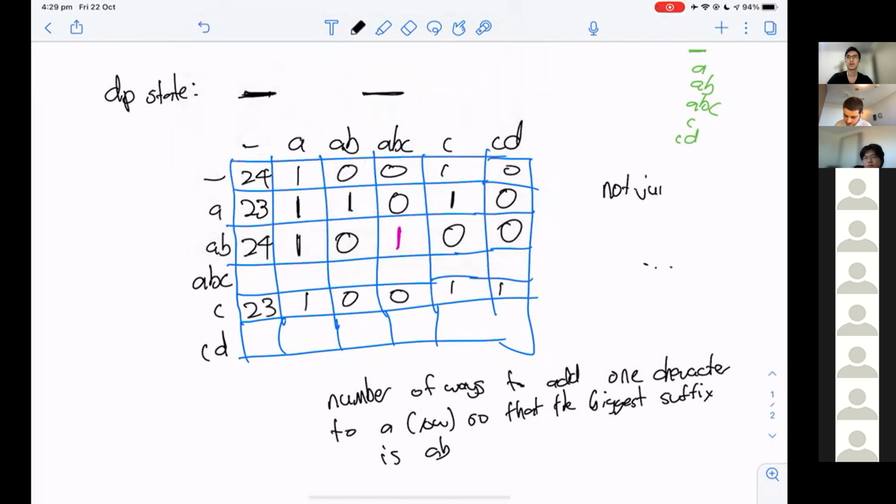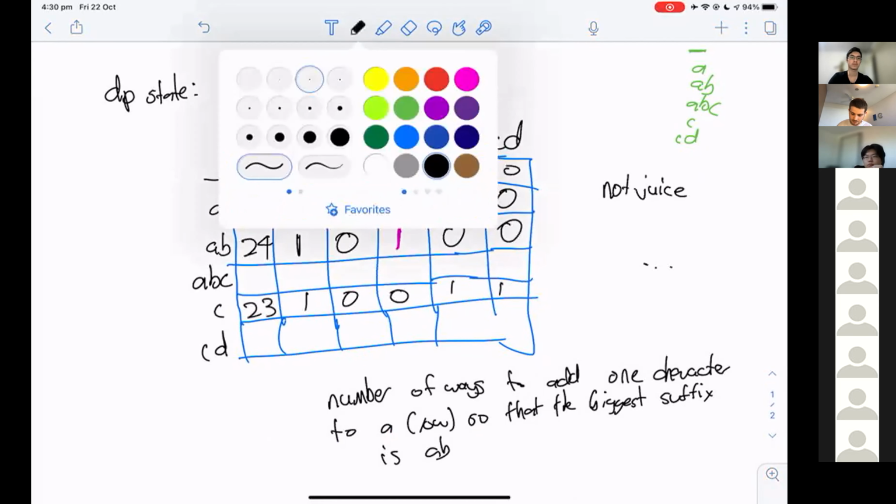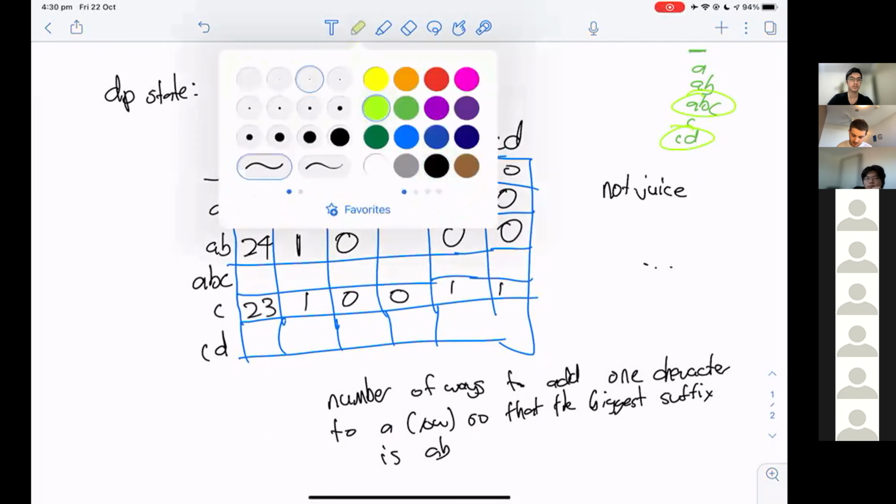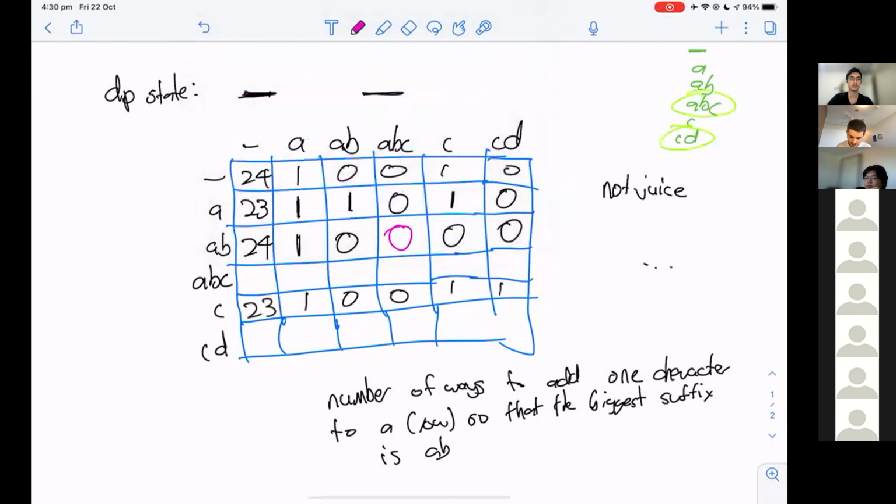Not juicy, remember, means it doesn't contain a buzzword as a suffix. In this example, the buzzwords are ABC and CD. If ABC was a suffix, then we have a juicy post, so we're going to put 0 here instead.